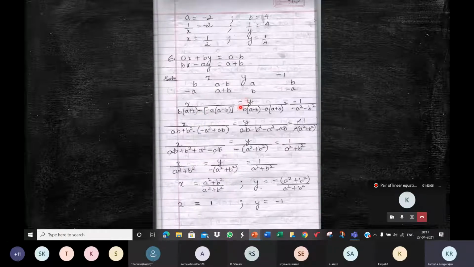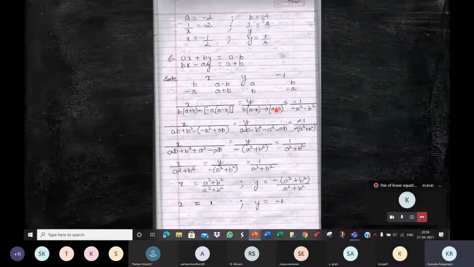Is equal to y divided by a minus b into b, or you can write it as b into a minus b. Anyways, this product is what you have to find. And this one, a plus b into a, or a into a plus b. So first write this product, then write this product, and put a minus sign. You must subtract the cross products.